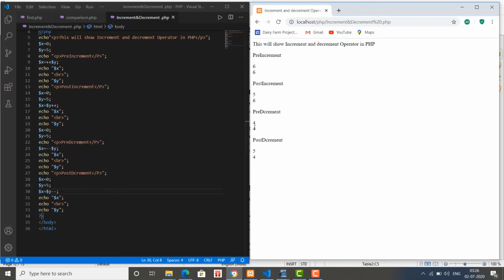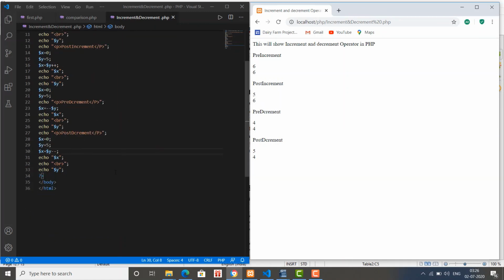In the case of post-decrement, it will first assign the value. So the value of y is 5, so the value of x becomes 5, then it will decrement the value of y by 1, so this time the value of y becomes 4.